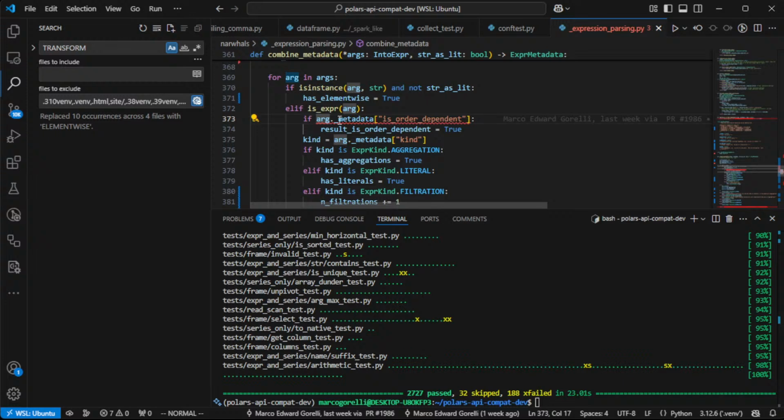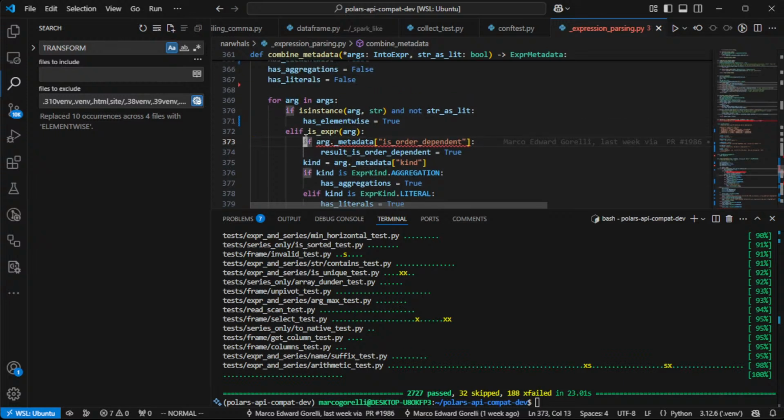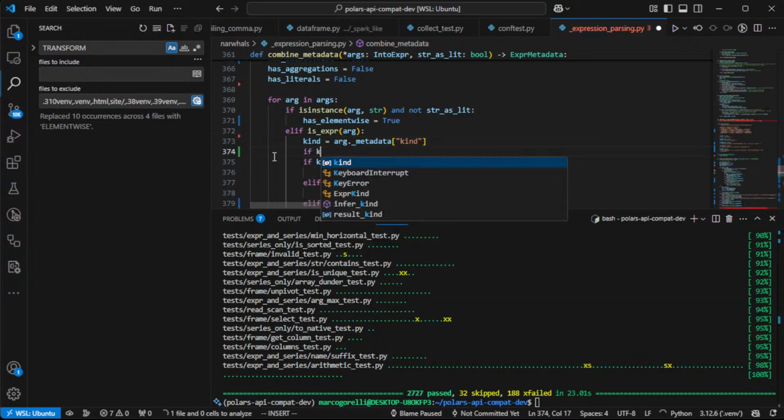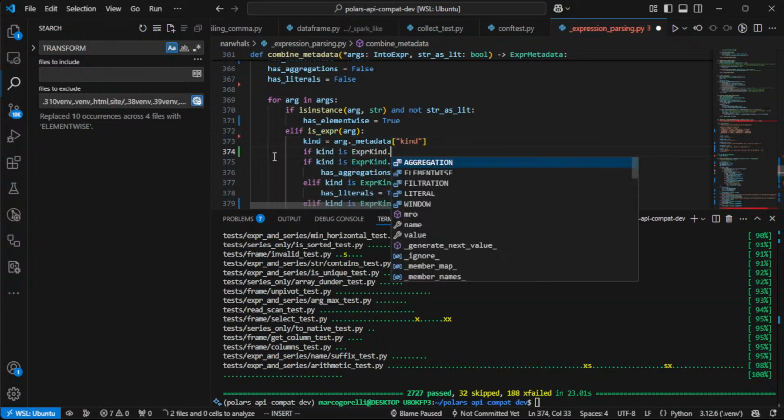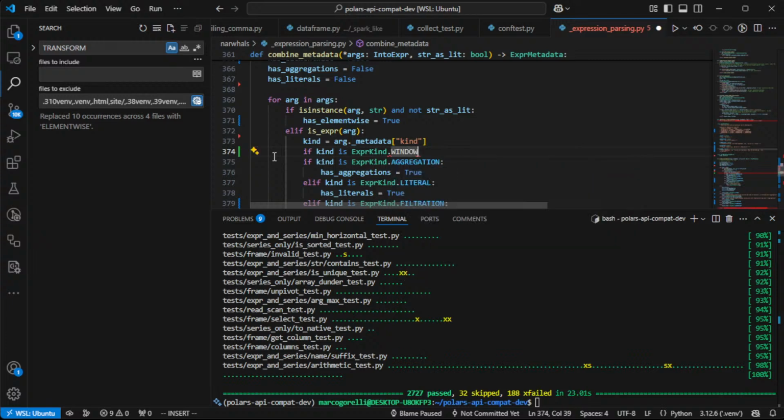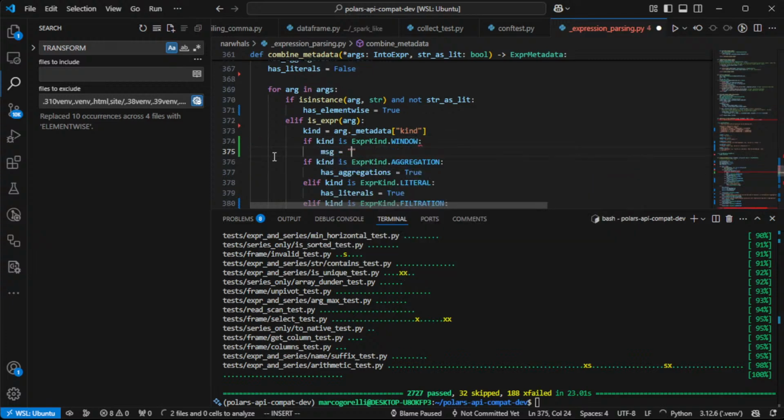So if anything is order dependent, here we need to raise. So if kind is extrakind dot window, then message is window functions must be followed by